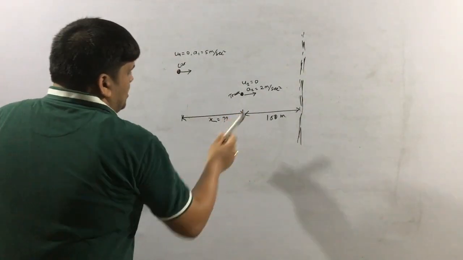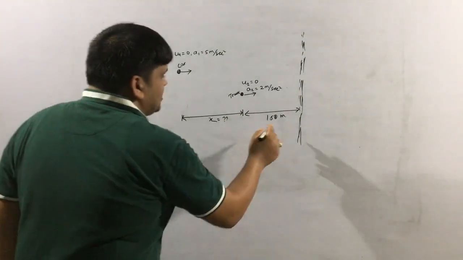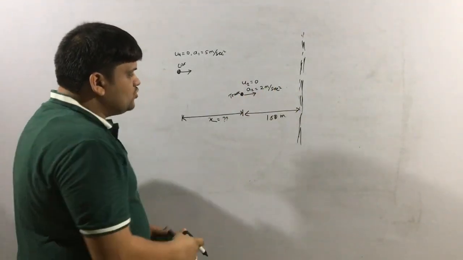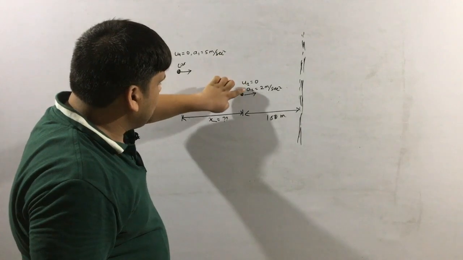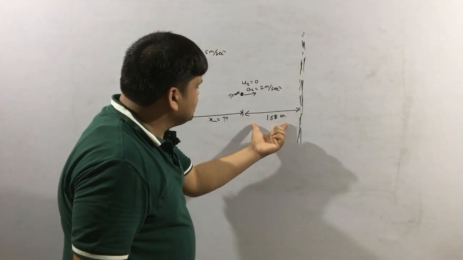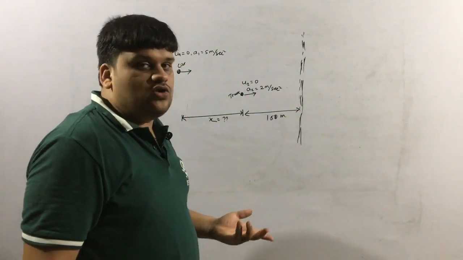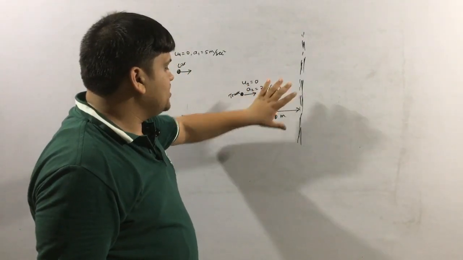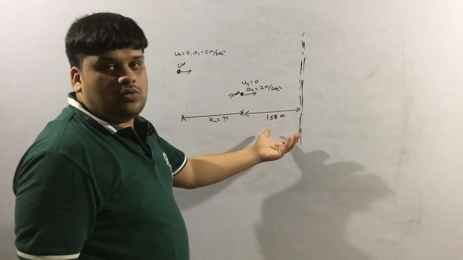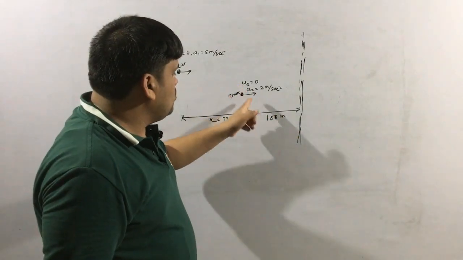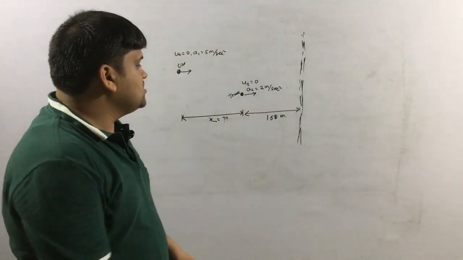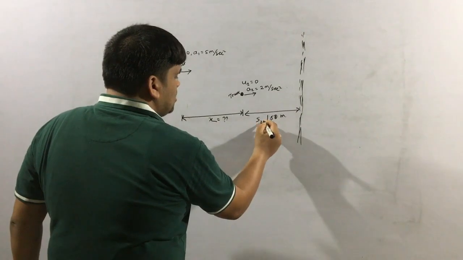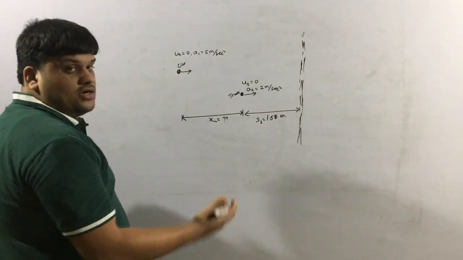See, first let us find the time, because it is a direct question. You can see u is given, a is given, s is given, and time is asked. So why go to relative velocity? If you can directly find by equation the time taken for the overtake, then obviously u, a, s are given. This is s2. Simply find the value of t.